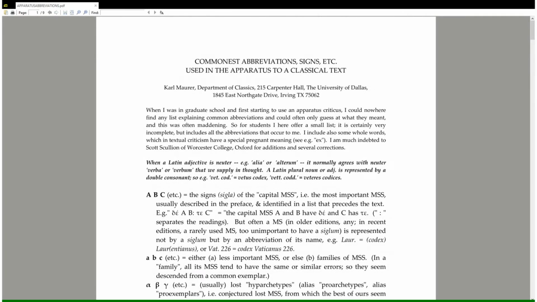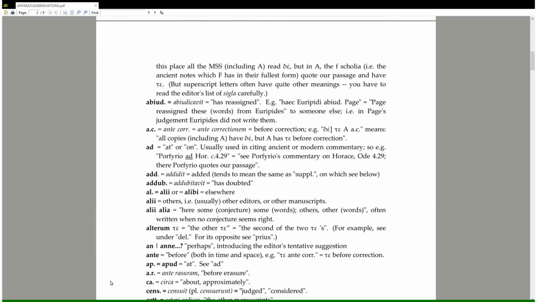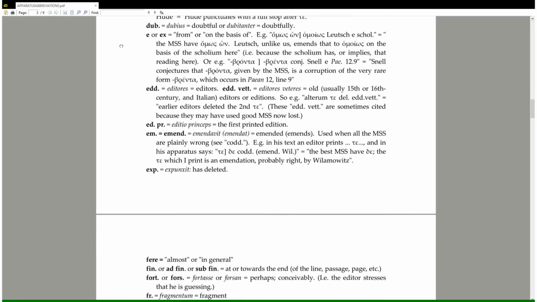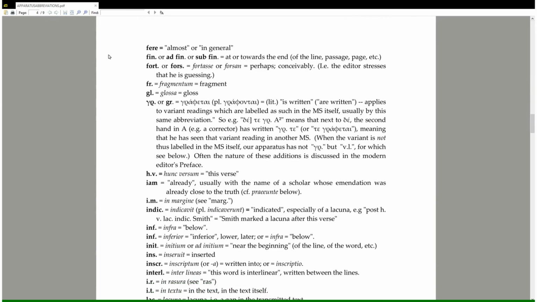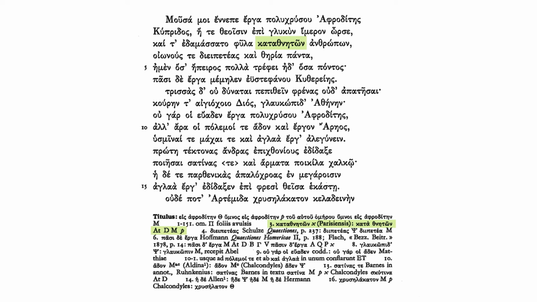There's another reference sheet you can find online by Karl Maurer, which provides a list of common Latin terminology. There's a link in the description below. Maurer's cheat sheet would get you through most of the appcrit for Statius in example 3, but it won't help you here. Càssola's Latin is much more variegated. The basic format is familiar. Line numbers, text as printed and its source, variants and their sources.